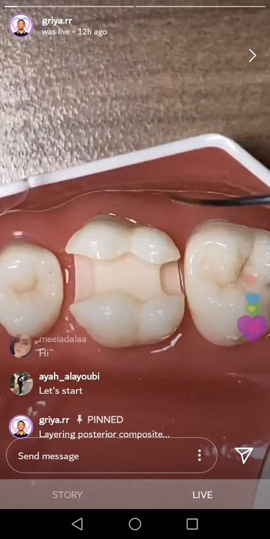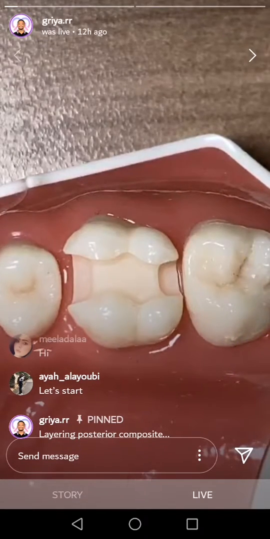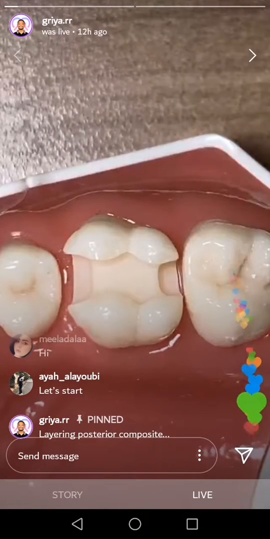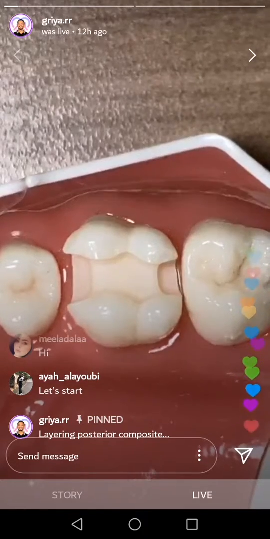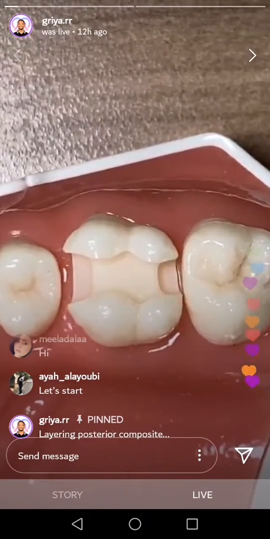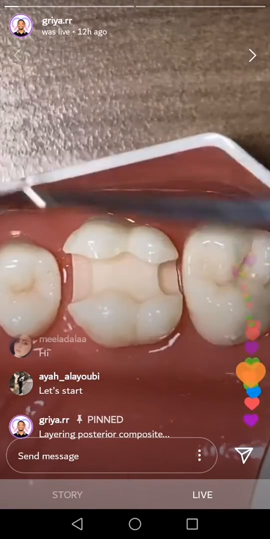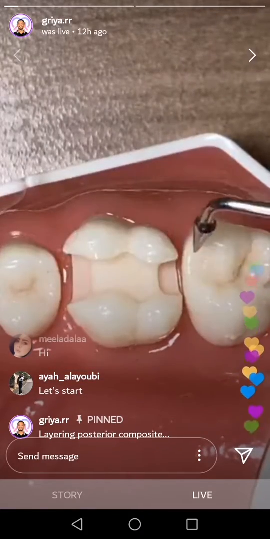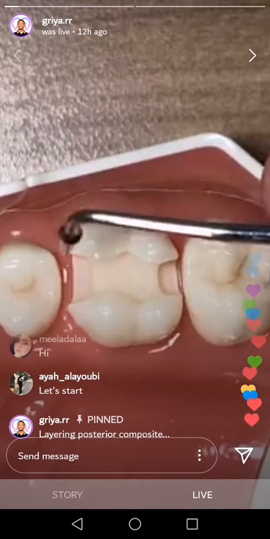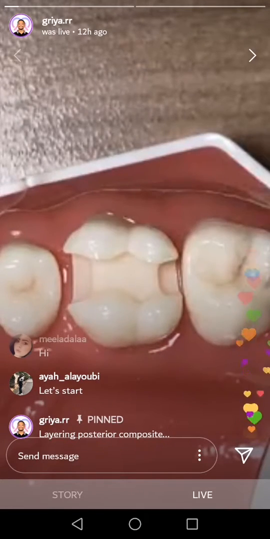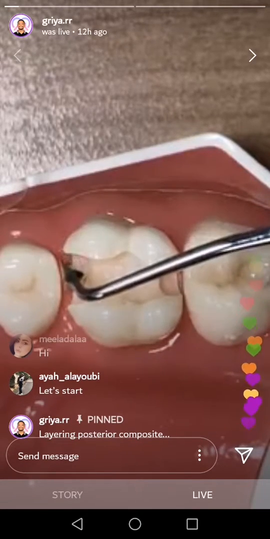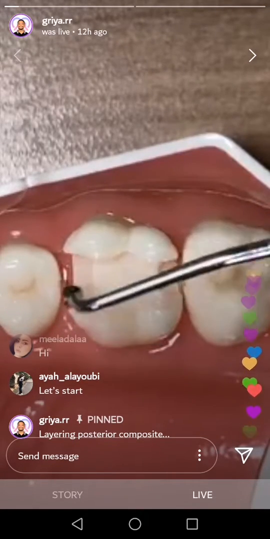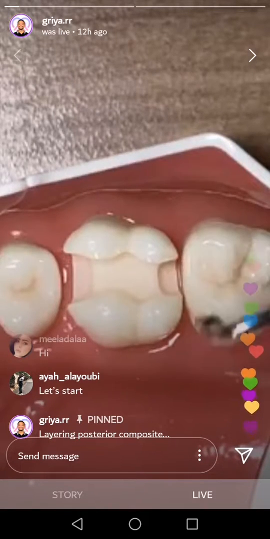MOD is not an easy case for daily practice, because you need to build the cusps. You need to build the mesial wall and then the distal wall, and after that you have a class 1 situation. That's the point of the class 2: how to build a good mesial wall with a good contact, and then the distal wall